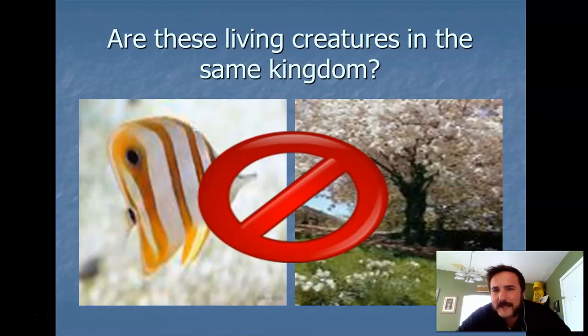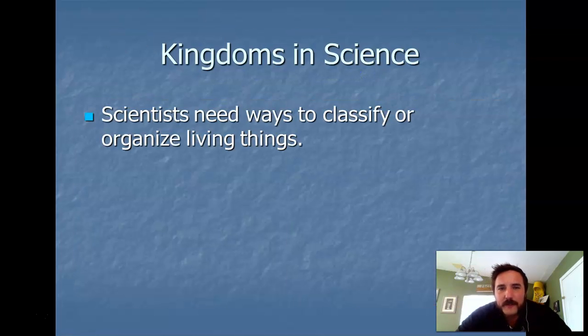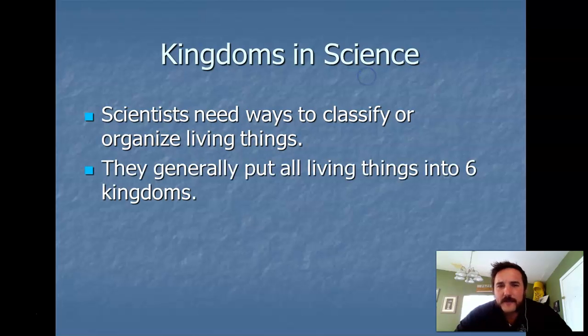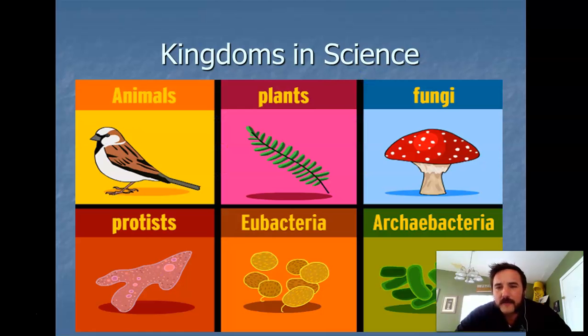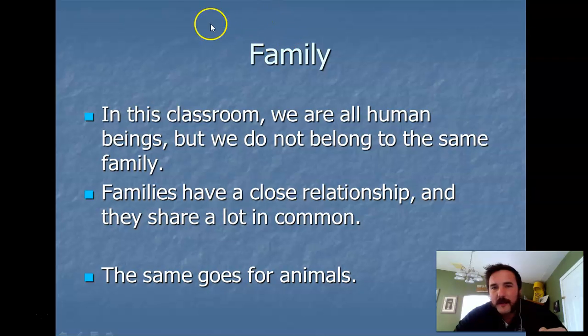So not the same kingdom. We need ways to sort things, to classify things, and so that's why scientists do that. Now you might be thinking, well, how in the world are all the animals put together? Well, this is really where pages 10 to 13 in your science book are really going to help, because I like how it has the kingdoms laid out. Then it also narrows it down, because scientists do the same thing. They have something that's called